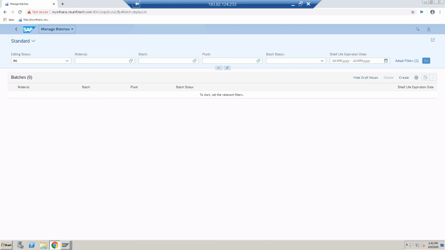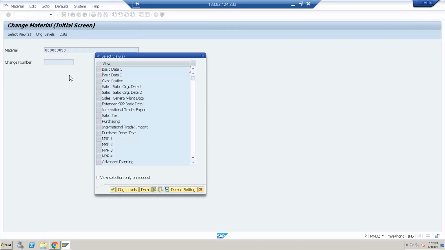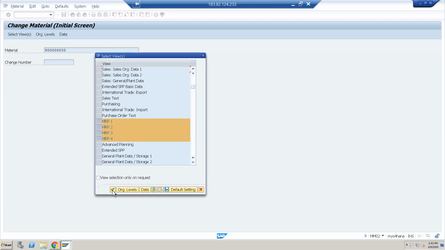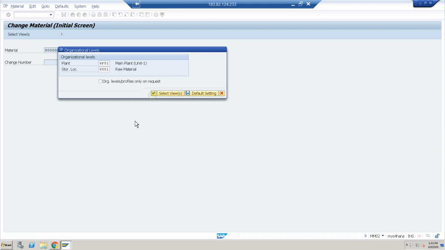Okay, I'll do one thing. Just change the MRP type of this material before creating this one. I want to change the MRP type.